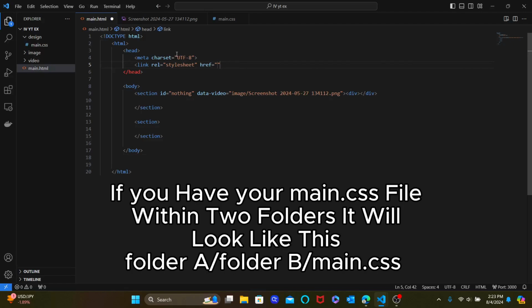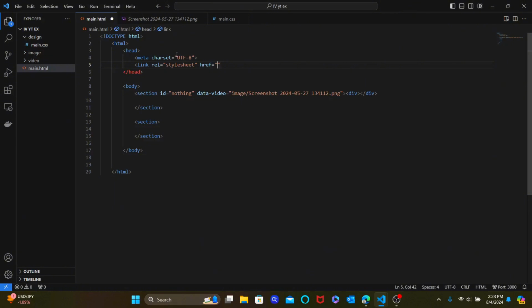So if you have your CSS file somewhere in a folder, you would have to put the folder's name. So this is a folder called design. And in my design folder, I got my main CSS file. So what I have to do is put design, the name of the folder, or it should pop up here, like you see. Then click this, then click main CSS,